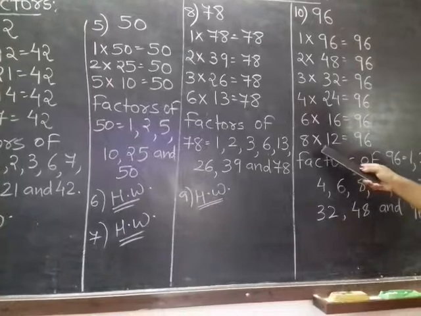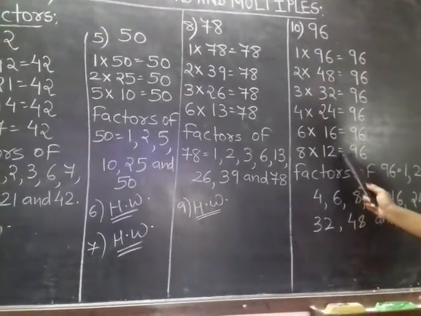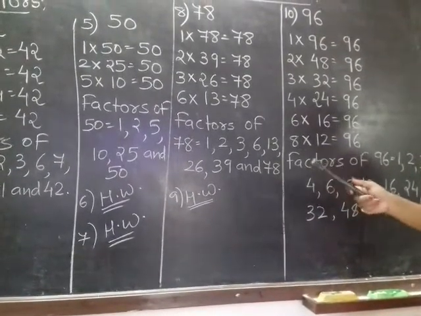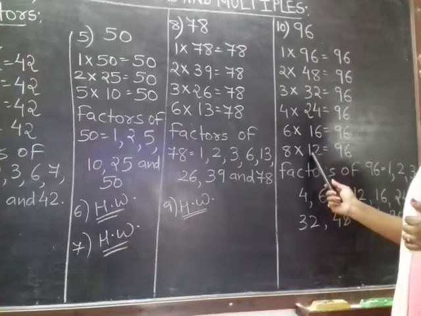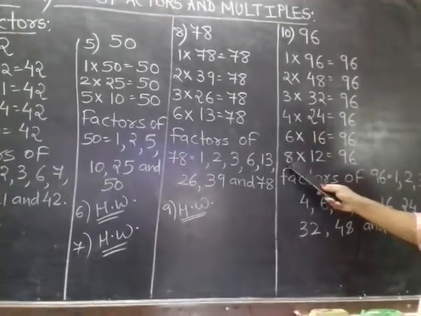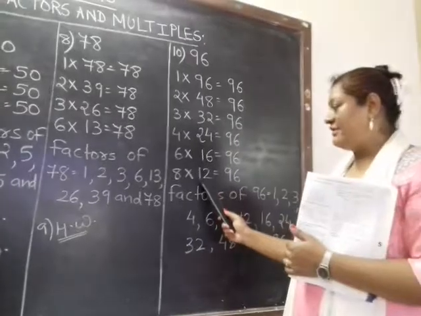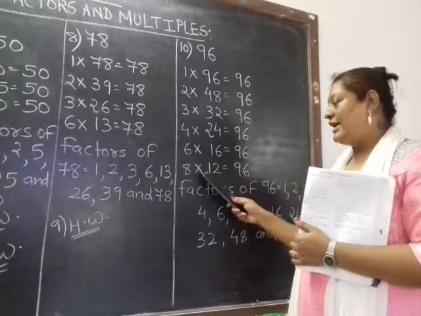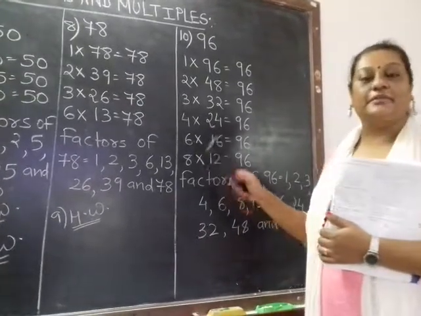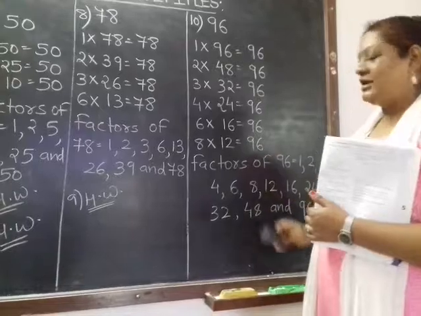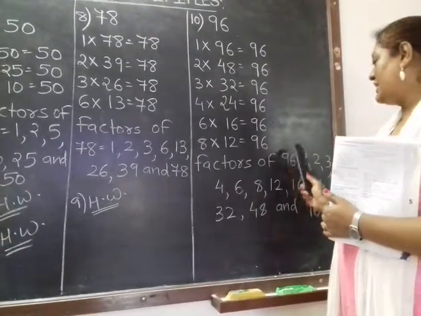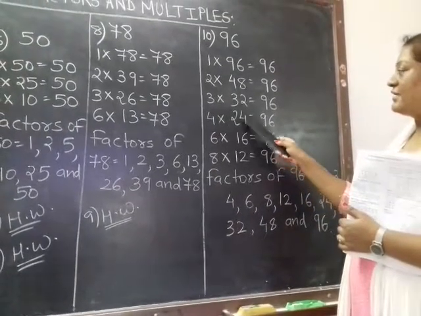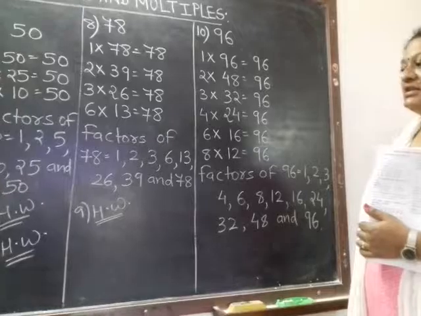In the last sum I just show you 8 12s are 96. Now in the table of 9 it will not come. In the table of 10 96 will not come. 11 it will not come. Now it will come into 12. 12 8s are 96. So 8 into 12 already I had written. Now there will be reverse effect of the number 12 into 8. So I will not write till then. Only 8 into 12 I will write. As then I am getting the reverse effect of the numbers, I will stop solving the sum. So factors of 96 are 1, 2, 3, 4, 6, 8, 12, 16, 24, 32, 48 and 96.